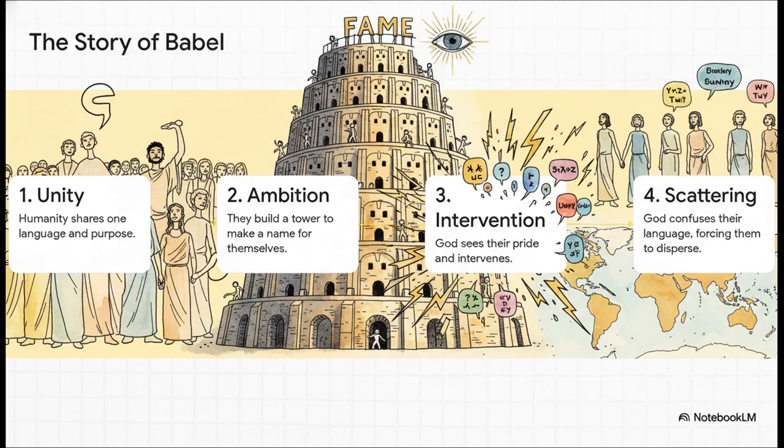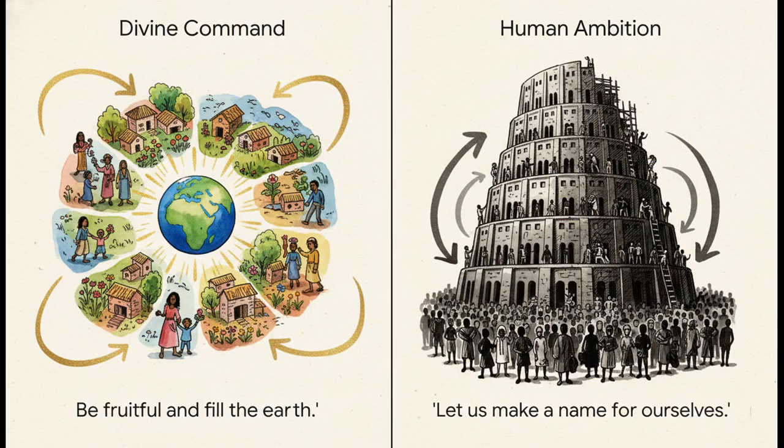Well, God sees this as pure pride and defiance, so he steps in, mixes up their languages, and the result? They can't understand each other anymore, so they're forced to scatter. And this really gets to the heart of the conflict. Remember, God's first command after the flood was fill the earth. But what do the people at Babel do? The exact opposite. They all huddle together to build a monument to how great they are. They're trying to centralize their power and fame, which is in direct violation of God's command to spread out and